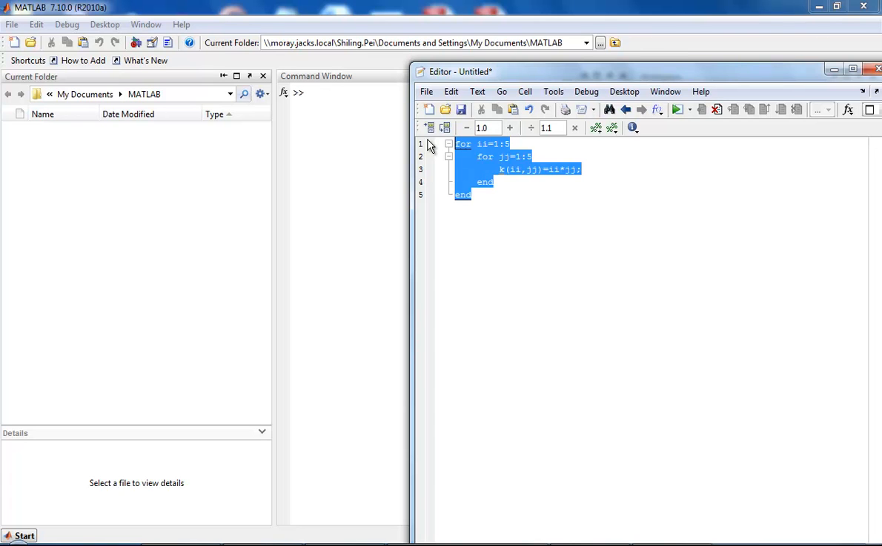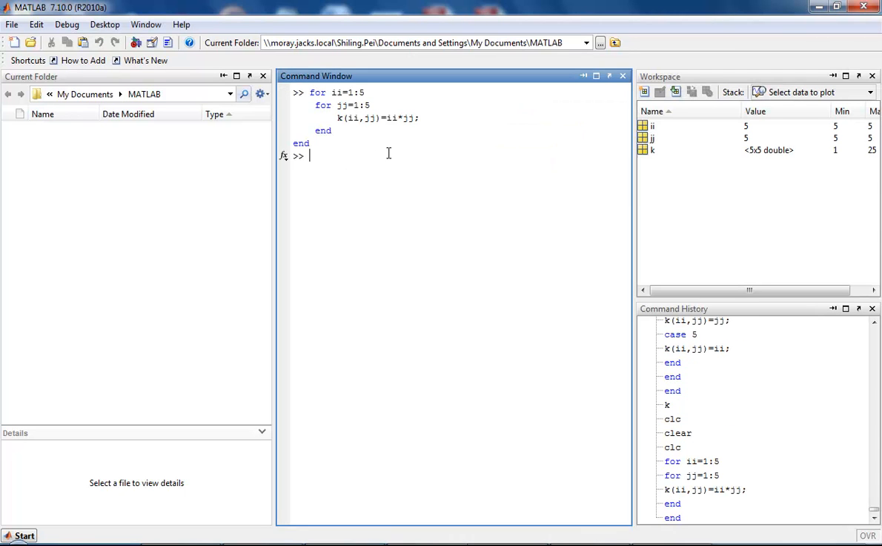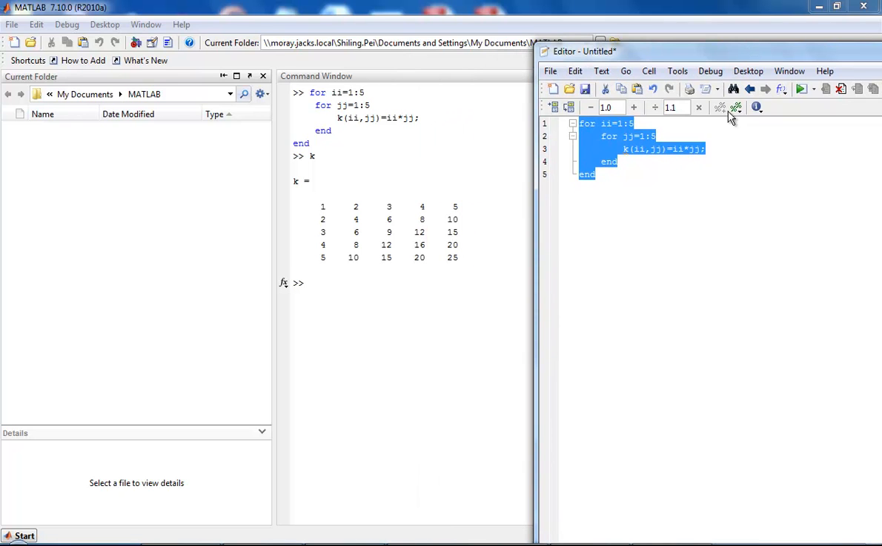Okay, then we can just copy it and see how it goes. Ctrl C, Ctrl V. Okay, now we got our K. You can see it worked. Now let's do something kind of special inside, we don't want this to be that simple. We only do this when II is greater than JJ. So you can just add: if II is greater than or equal to JJ,